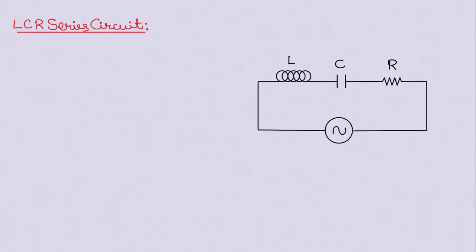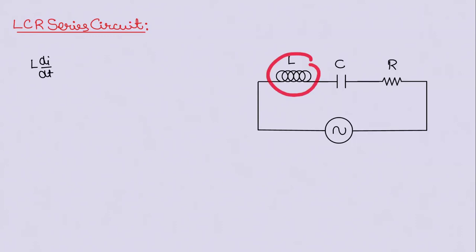Today, we are going to discuss the LCR series circuit. In this, we'll have an inductor, capacitor, and a resistance connected in series, and it is connected to an AC source like this. The equation of this, if you use Kirchhoff's law, will be L di by dt, which is potential difference